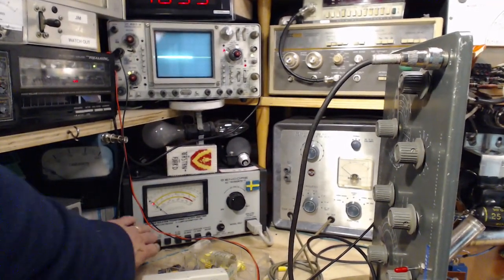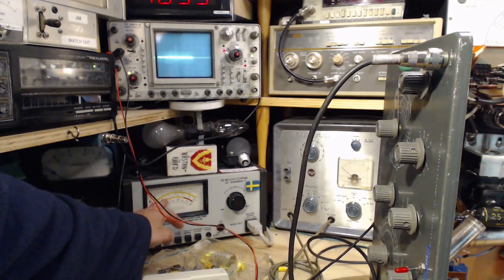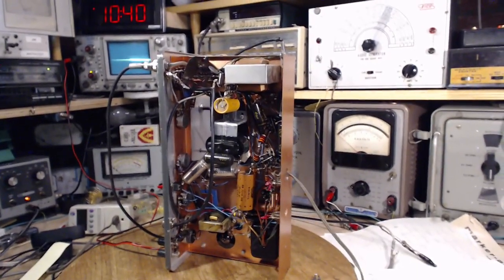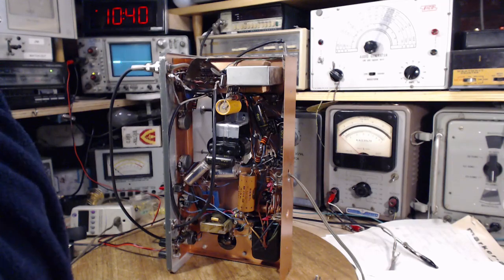So that came up 175. It came up around 40 watts, just about exactly what this unit is supposed to draw. And that's with no rectifier tube in. That doesn't sound right at all. Oh my God, this is just...